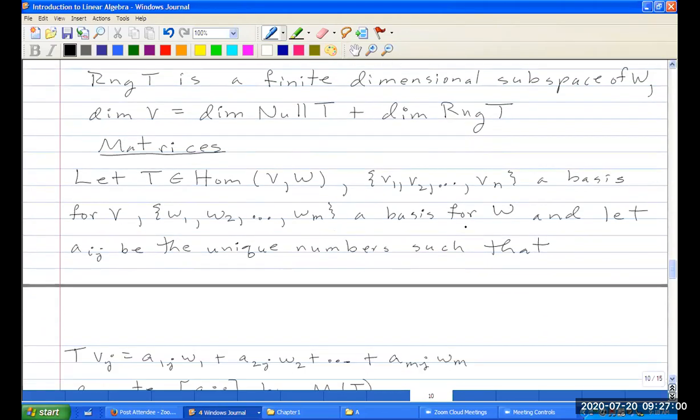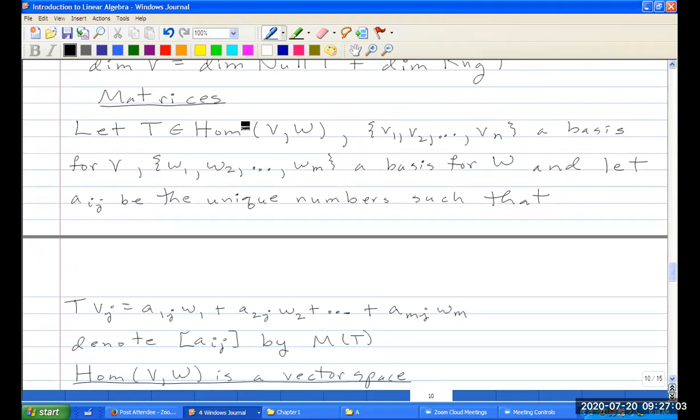So, matrices. Let T be a linear transformation from V to W. Let V1 through Vn be a basis for V. Let W1 through Wm be a basis for W, and let A sub ij be the unique numbers such that T(Vj) is equal to A1j W1 plus A2j W2 plus dot dot dot A sub mj Wm. Why